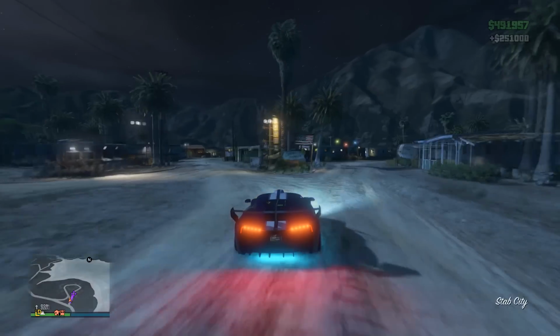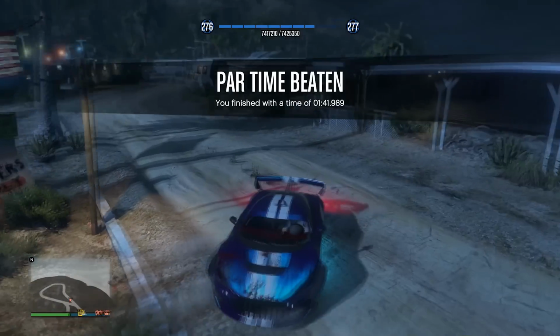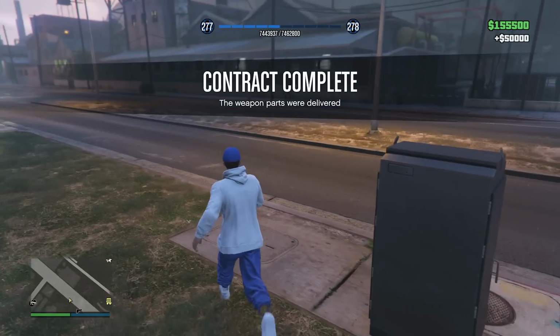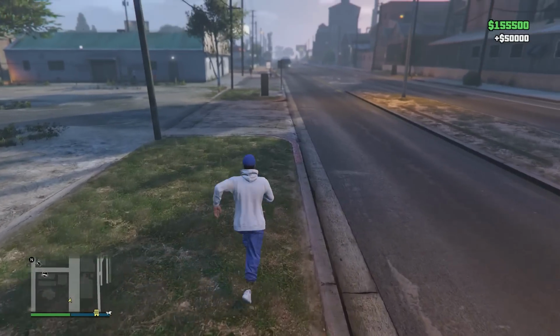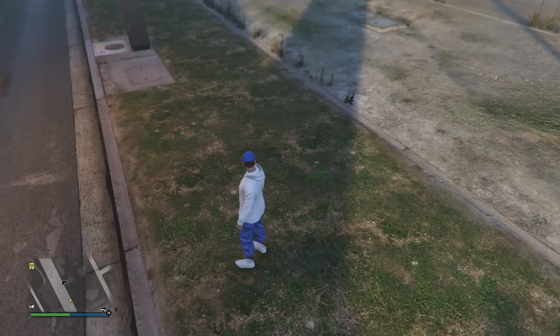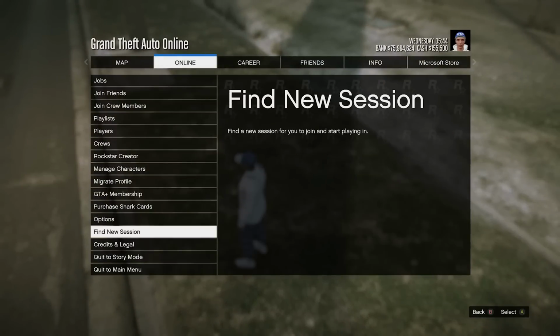Oh yeah, we absolutely crushed this one. Let's go! So with about 6 seconds to spare, we made over $250,000. The next one is not as quick of a money method, but it is gonna pay out pretty well. We're gonna need the agency business for this one, so let me set the spawn location to my agency,